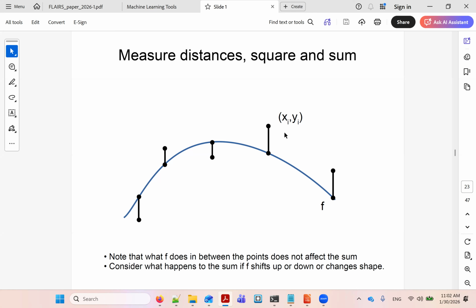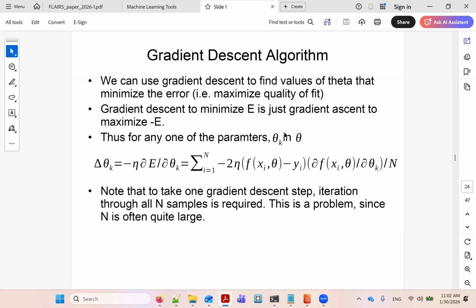Okay, so we talked about error metrics, right? So just want to get a running start at the topic today. We talked about error metrics, right? Sums of squares of error, right? That's what this picture was about. And we wrote it down as an equation. And then we said, okay, now what we want to do is we just want to do the gradient descent algorithm on that